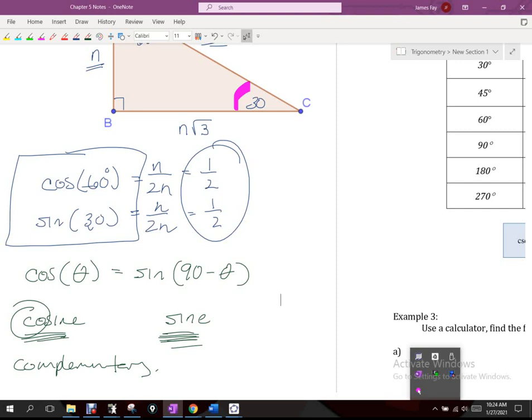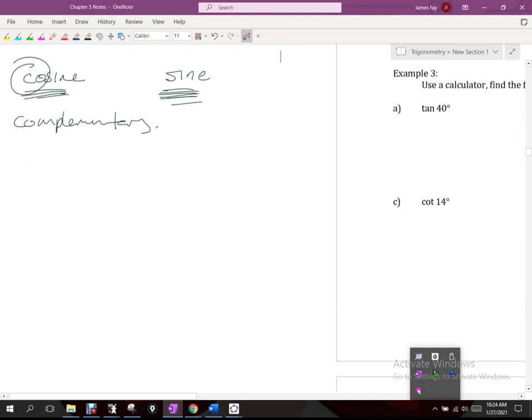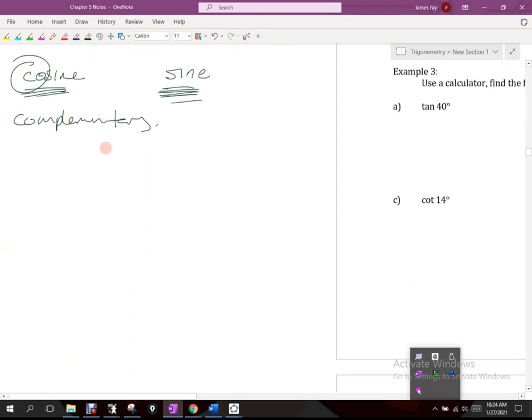So there are 3 of those that have the prefix co on them, and they relate to the other 3 by being equal in regards to complementary angles. So that's a relationship that's going to be necessary for us to recognize and to be able to utilize eventually. The one thing that is troublesome is that people